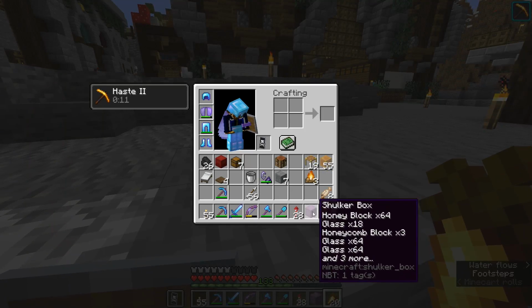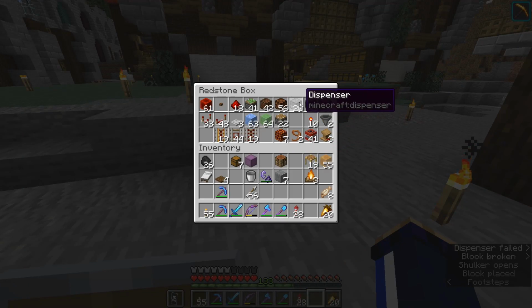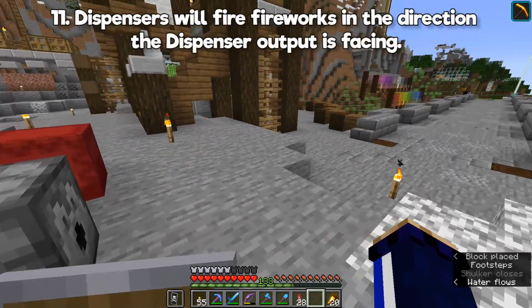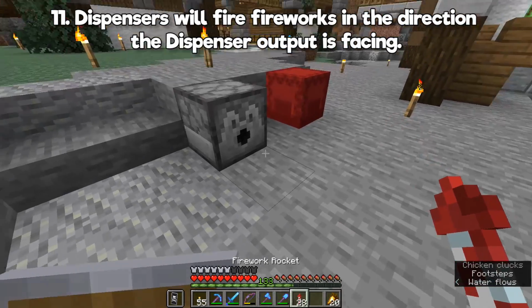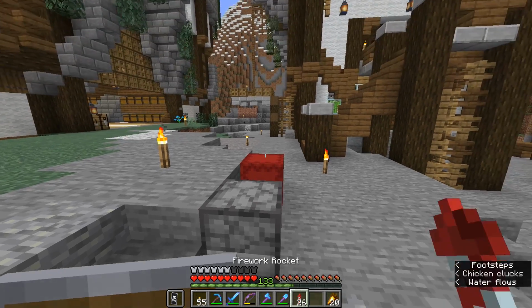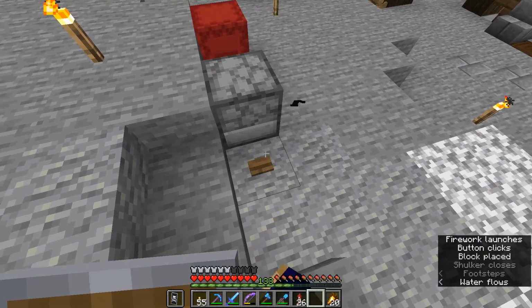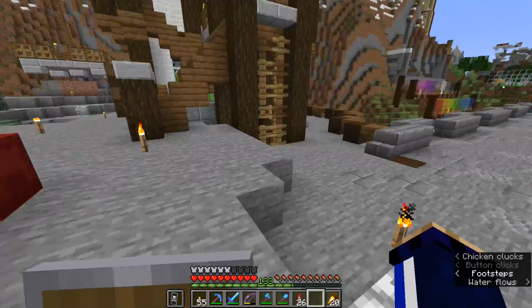One other change that's happened to dispensers, and one that I don't expect I will use all that much, but is still kind of noteworthy in the first place, is that dispensers will now fire fireworks in the direction the dispenser is pointing. Previously, when a dispenser put out a firework, it would just have it immediately fly upwards regardless of which direction it was facing, but now, if we activate this using a button as before, we should be able to, there we go, have it fly horizontally,